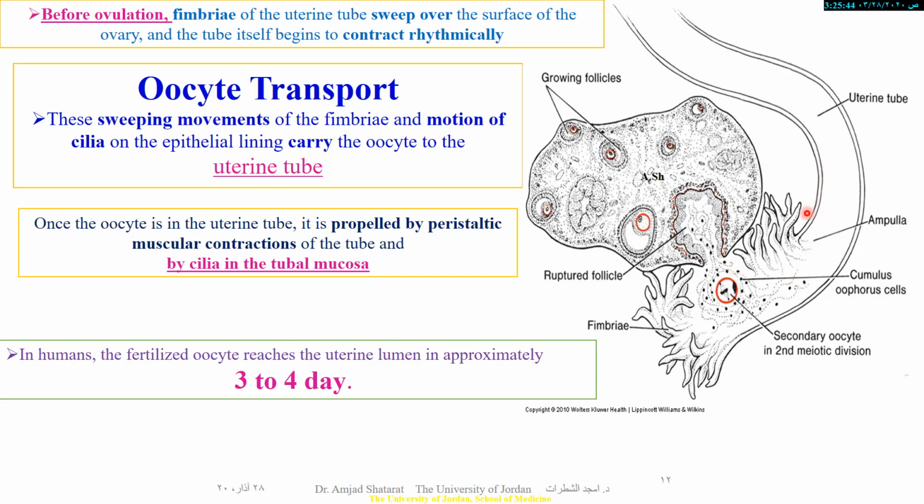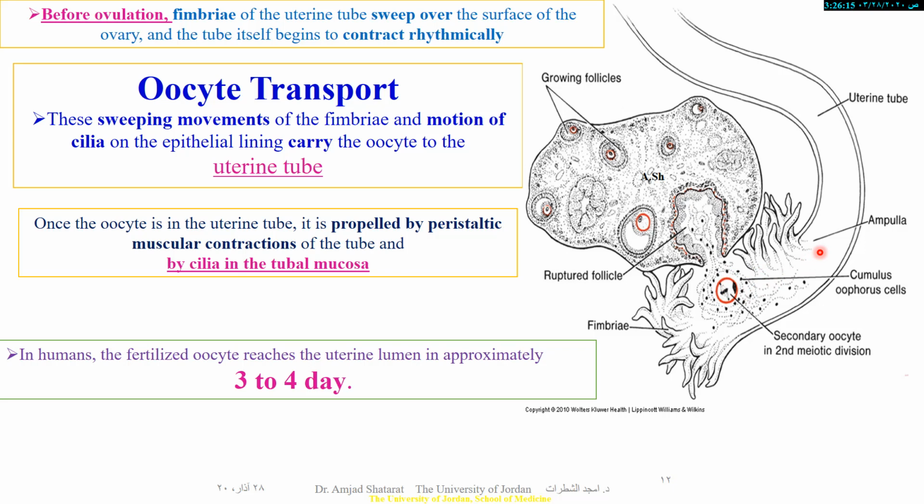These sweeping movements of the fimbria and the motion of cilia on the epithelial lining carry the oocyte on day 14. When the oocyte, the cumulus oophorus, is ovulated, it should be caught by the fimbria, and the fimbria would take it to the